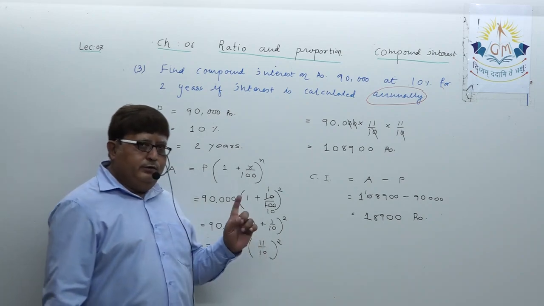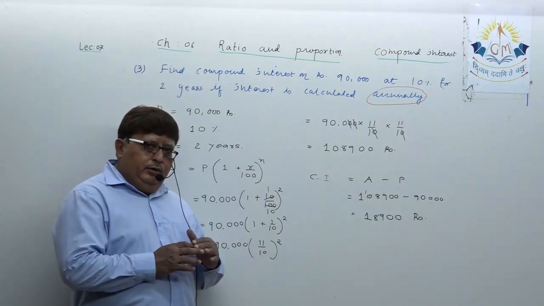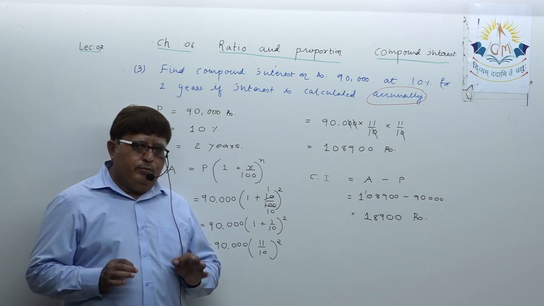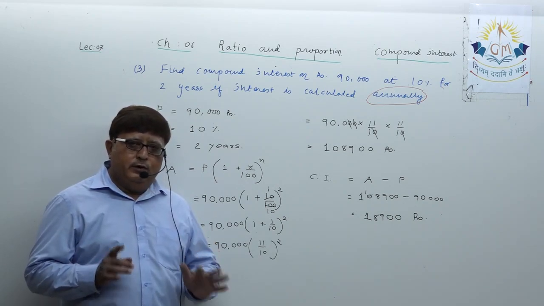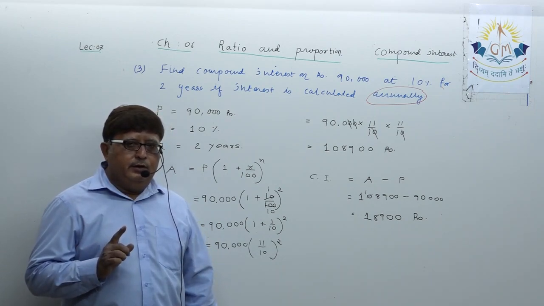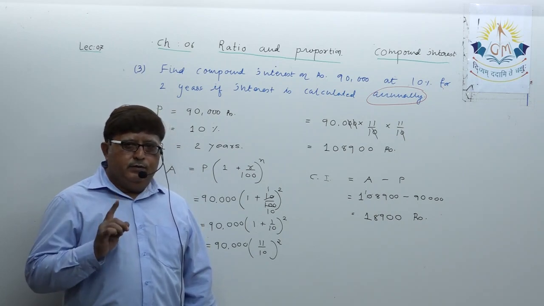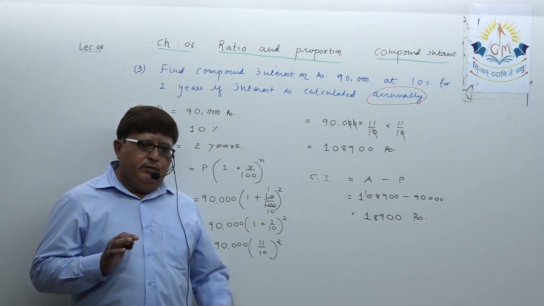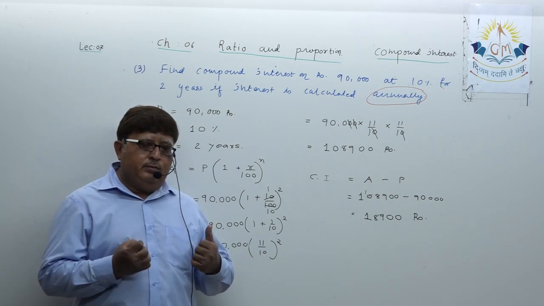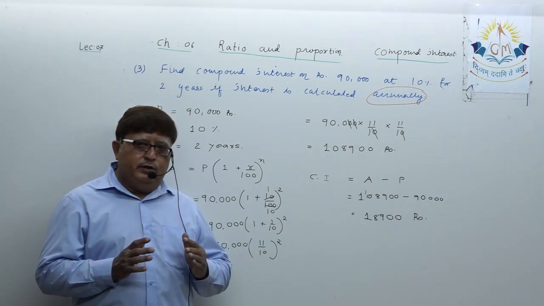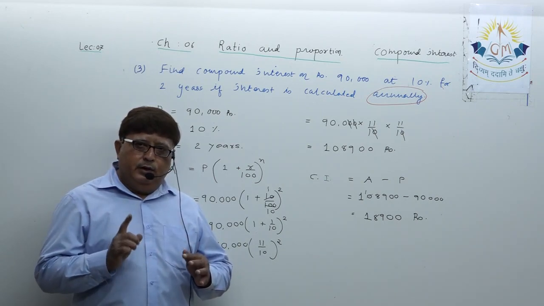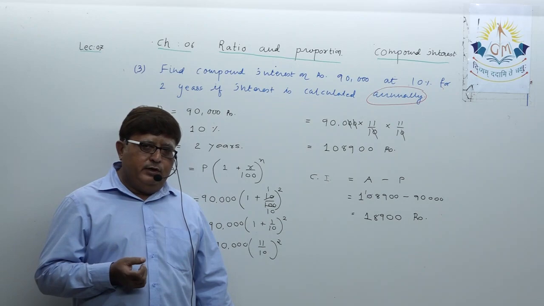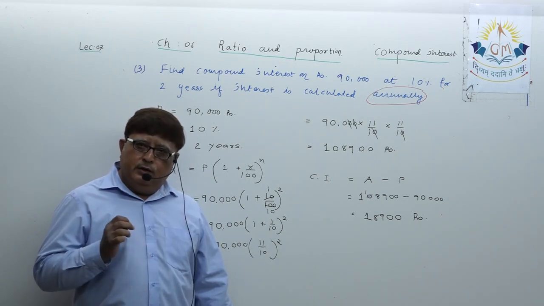Okay. So dear student, in today's lecture we have solved back to back 3 examples where we have targeted only one thing, that we have looked for compound interest, but we have confined ourselves to only the examples where interest is calculated annually only, and then we will target the example in next lecture where interest is counted half yearly.